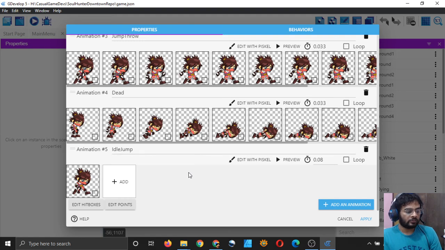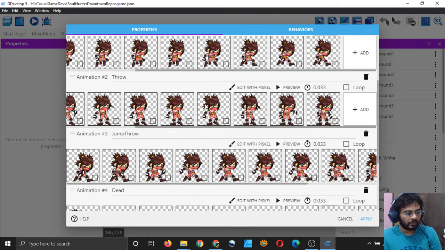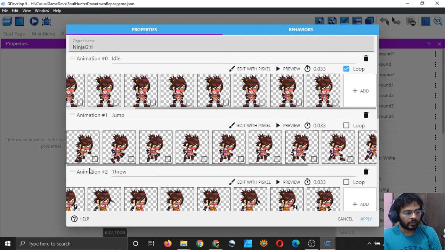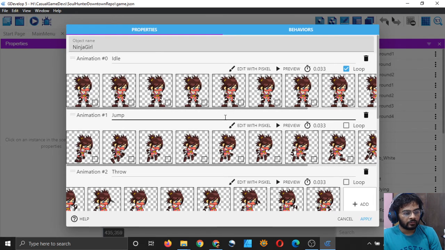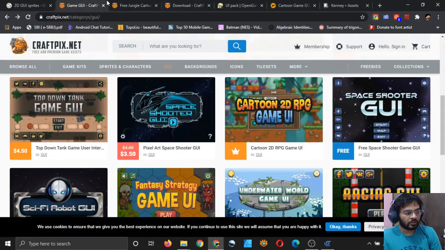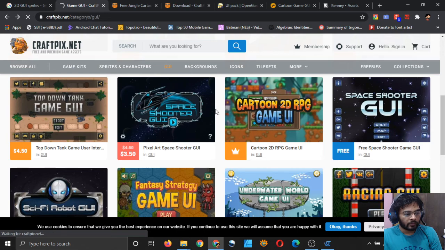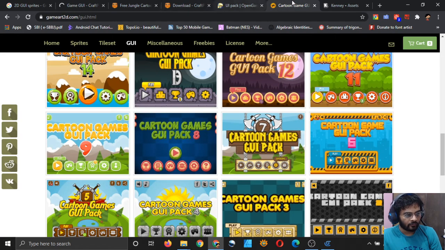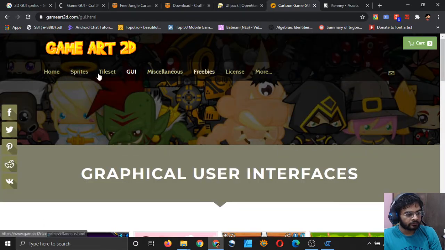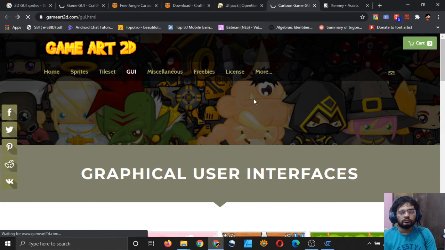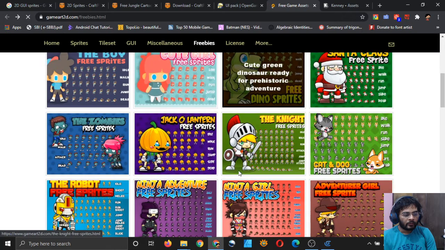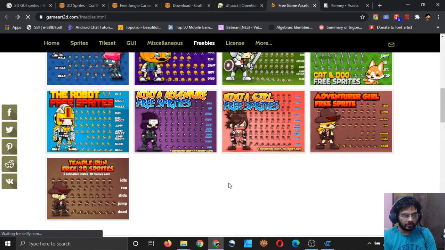I am not doing it because it's a lot of work, honestly, and there's nothing new here. And even if I download the sprite somewhere, let me see. Most likely they will be the same size. I got them from GameArt 2D. So they have Knight and Ninja Girl. This is the one which we are using in the game. Then there is a Ninja Boy, then there is a Cowboy Girl, Robot,